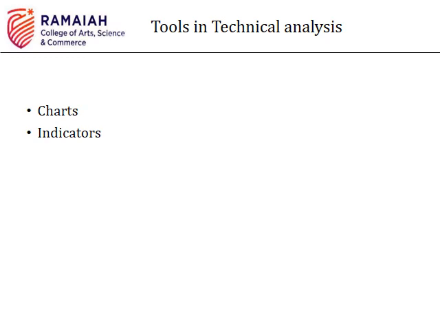In our first two sessions, we discussed what is fundamental analysis, what is the EIC framework, and we got introduced to what is technical analysis. Today we'll discuss what are the tools available in technical analysis. So far we have understood that technical analysis includes all those techniques of analysis, or the way you analyze a particular script or a stock, with regard to several considerations which were made by Charles, or what we call the Dow theory, right?